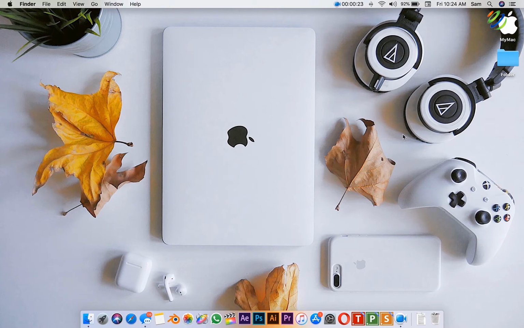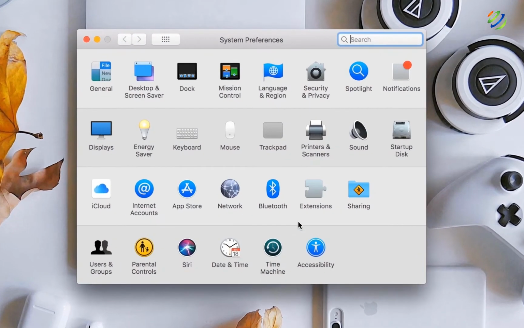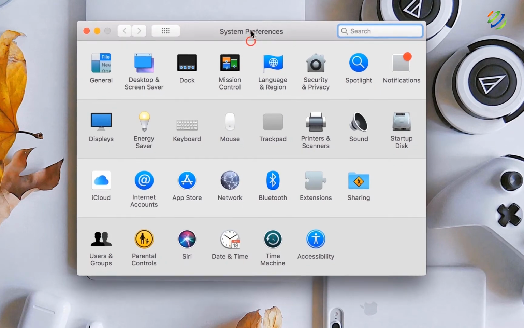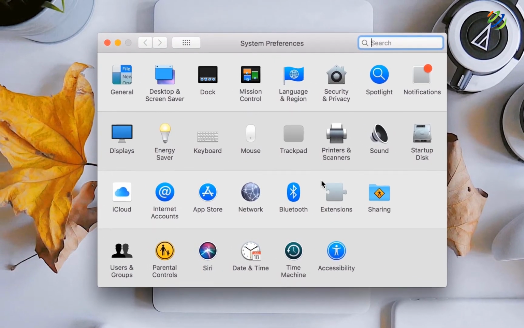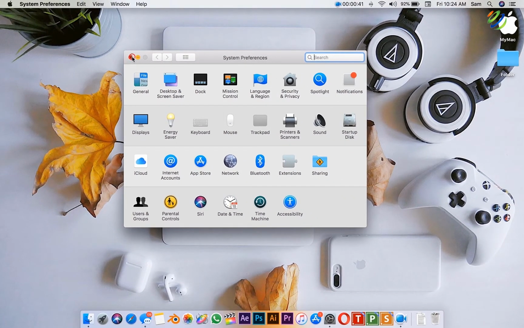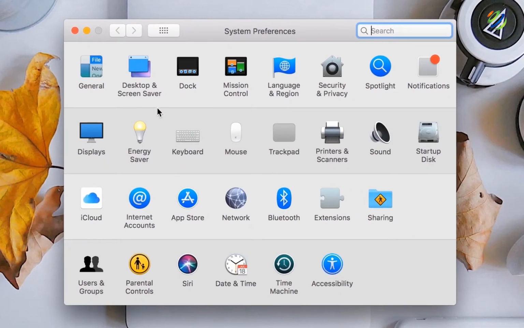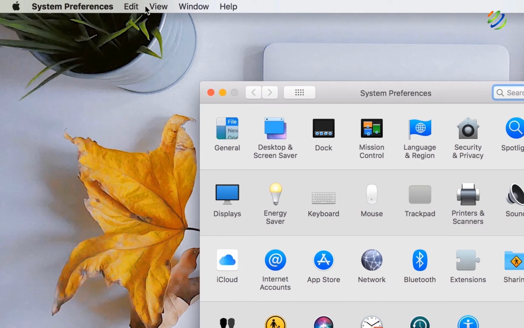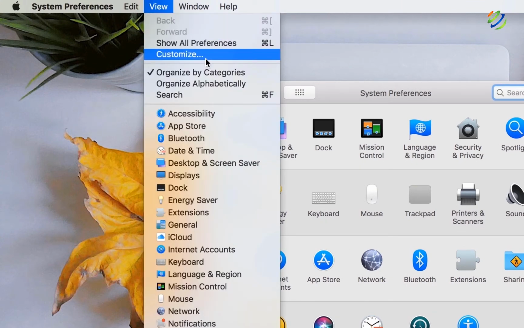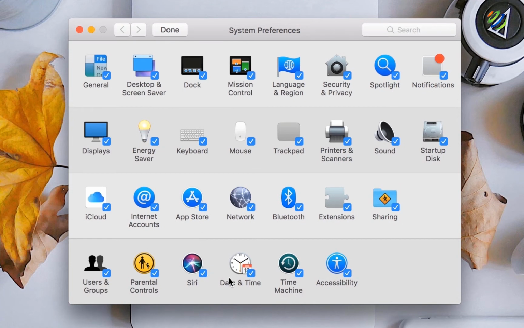The System Preferences application acts as a control panel for all of your Mac's settings, and in that capacity, it includes dozens of subsections. However, if you rarely use some of these items, you can hide them. Open System Preferences, either by launching the application or by clicking the Apple menu at the top of the screen and selecting System Preferences. From the bar at the top of the screen, choose View and click Customize to bring up a list of shortcuts. Now, you can uncheck the menus you don't need to access or restore items you would prefer to see in the application's main view.